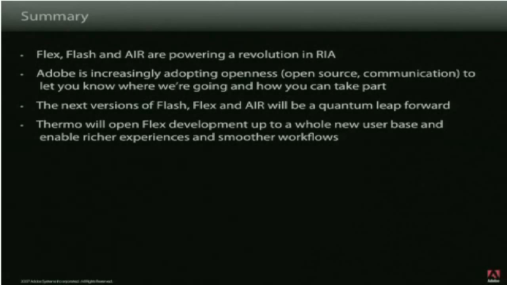And we want you to take part. So download the specs, start filing bugs when you see them, and let us know the features you want. And we've got a lot of exciting stuff coming up with Flash Player, Air, and Flex. And it's really going